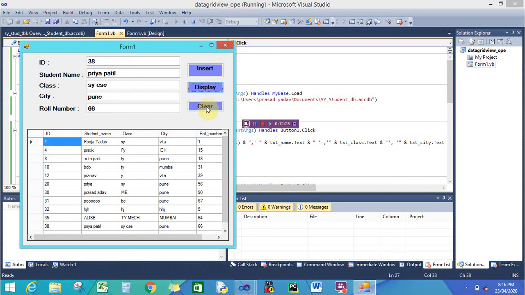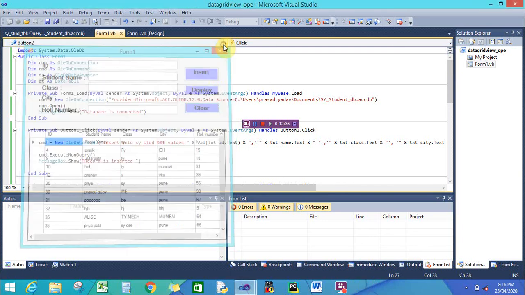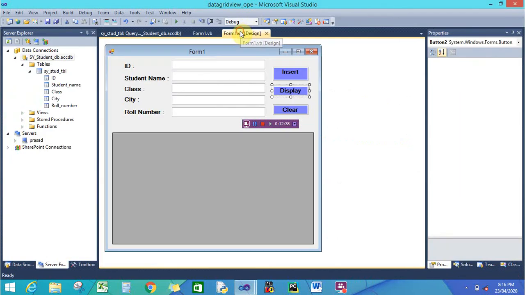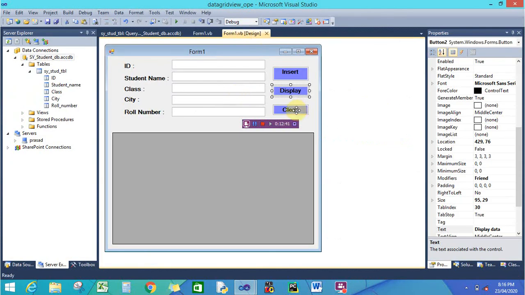And see here, when you are clicking on this clear button, these text boxes are looking blank. So how to do this? Let's start. Go to design, just double click on clear.